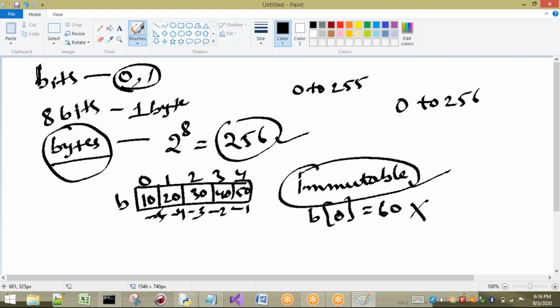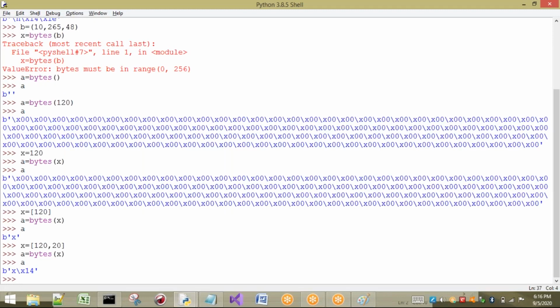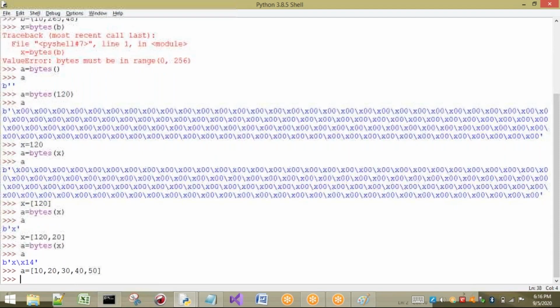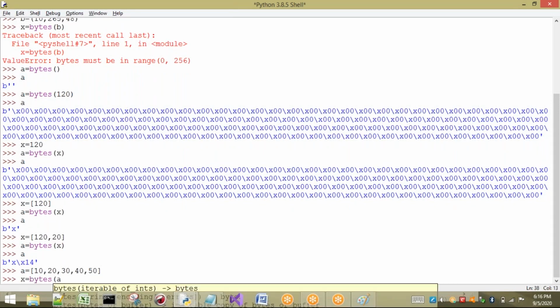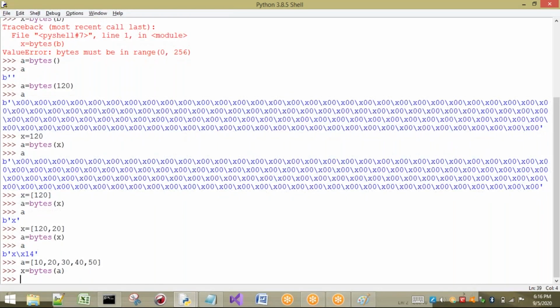Let us try and see what happens if I try to change the value. Here I will take one list, 10, 20, 30, 40, 50, for example. I want to convert this into some bytes, so bytes of a. Now x contains a group of bytes. There are 5 values, 10, 20, 30, 40, 50.